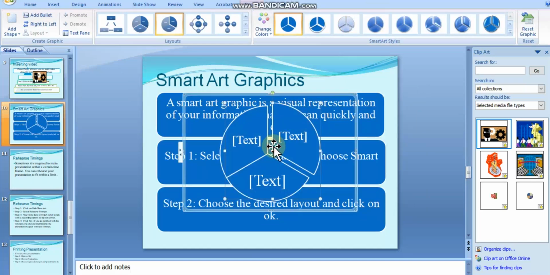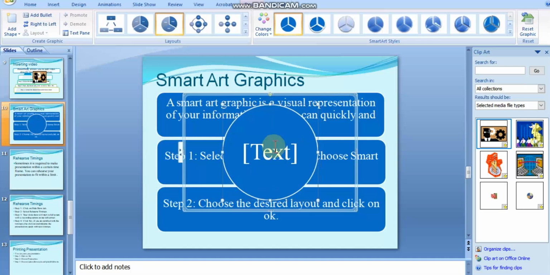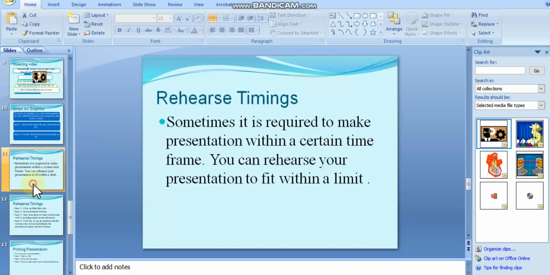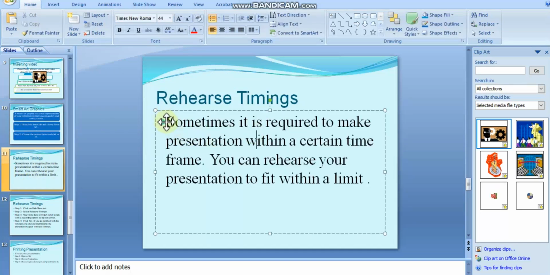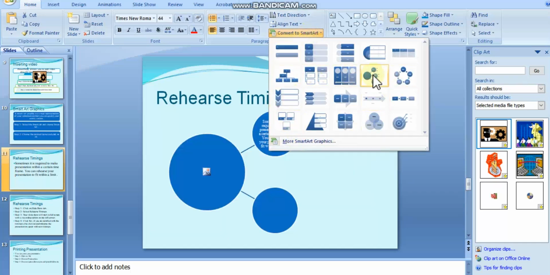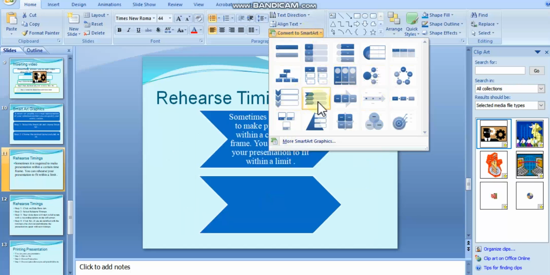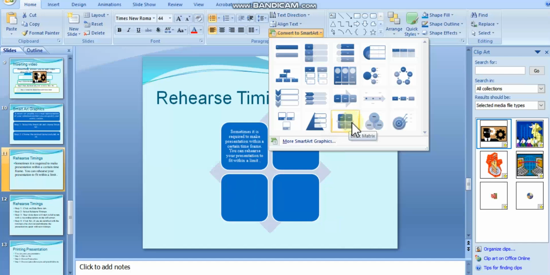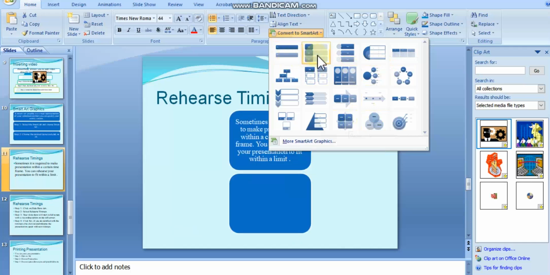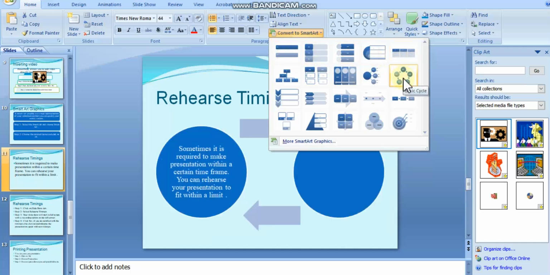One thing more, suppose there is a text and you forgot to use SmartArt. What you can do is convert it into SmartArt also, right? Okay, let me show you. This is my slide and I want to convert it into SmartArt. So I select it and there's an option called Convert to SmartArt. Can you see it here? Click on it. Again you will find the same options as in Insert SmartArt. So the same text will be converted to your SmartArt. It also has a preview option that will show how it looks when I hover the mouse over the different images, right?